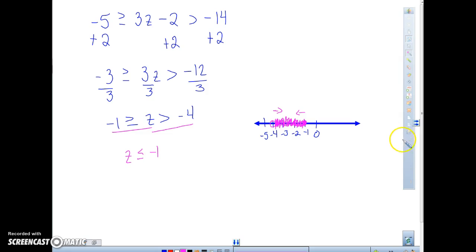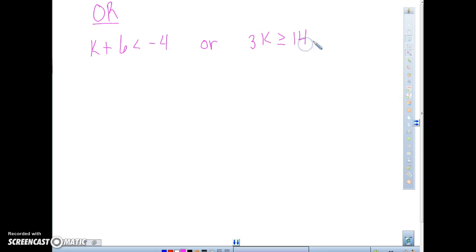Okay, so let's go to OR statements now. If I do an OR statement, they are actually set up as two different problems. So we have k plus 6 is less than negative 4, or 3k is greater than or equal to 14. So we subtract 6. We're going to solve each of them individually, so we'll subtract 6. So k is less than negative 10, or we'll divide by 3 here. K is greater than or equal to 14 over 3,